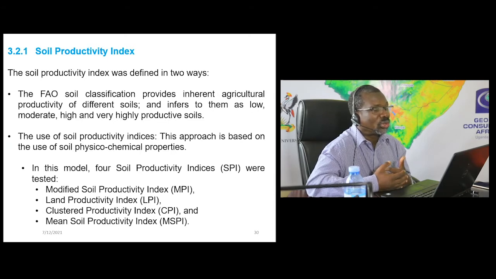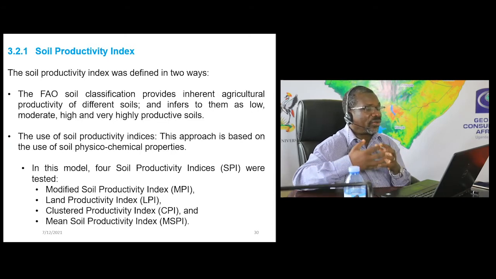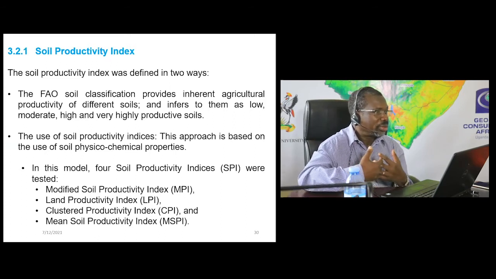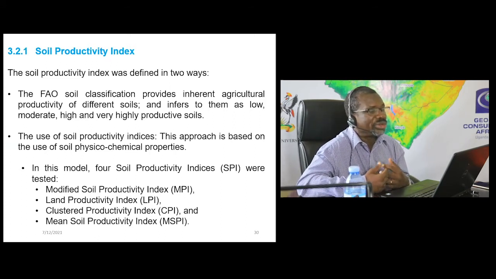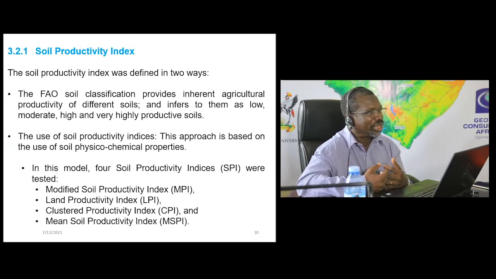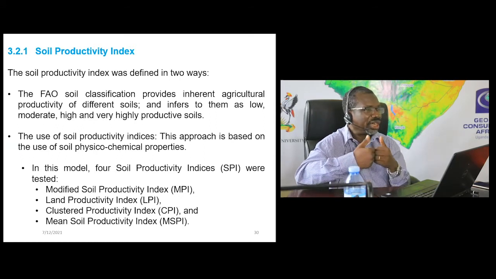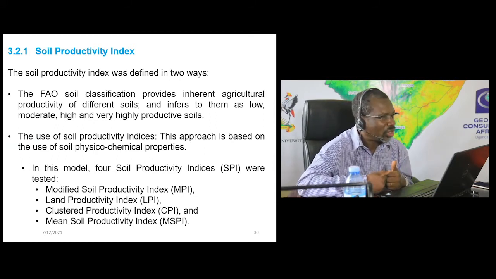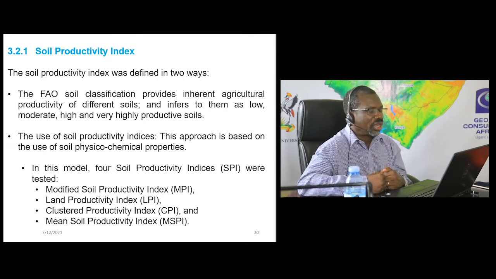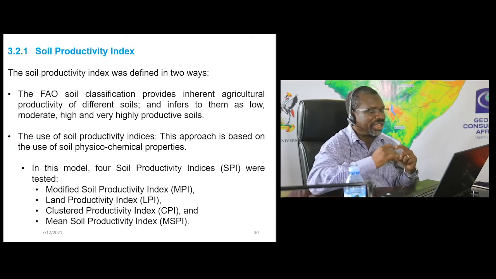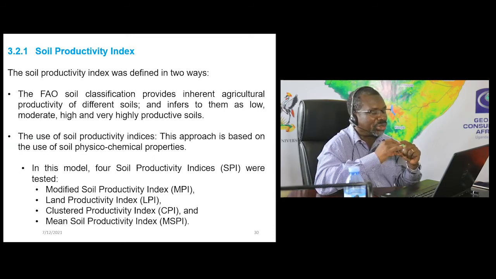But we also used the best model to infer, based on the properties of the soil, what the productivity was for that particular soil. So basically, everything was based on the two